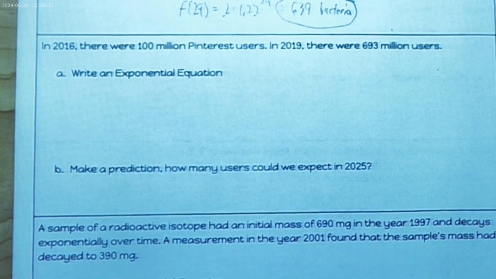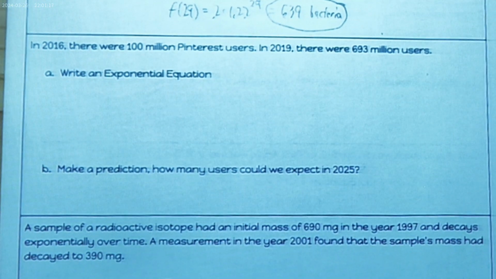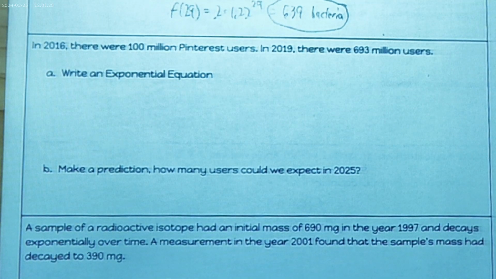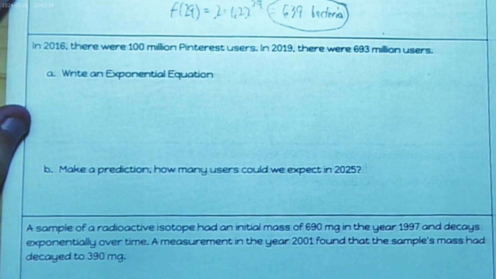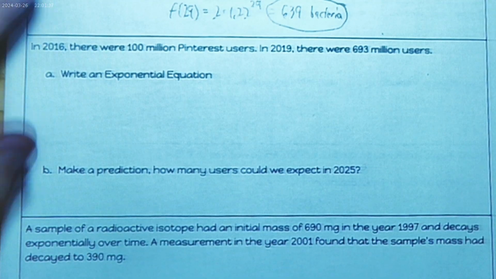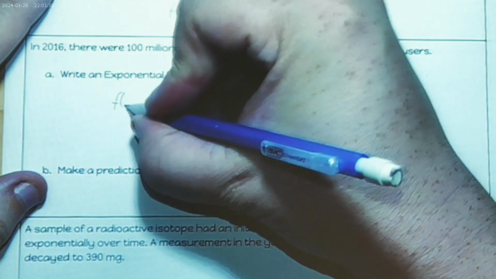So next one, trying to get this centered again. In 2016, there were 100 million Pinterest users. In 2019, there were 693 million users. Write the exponential equation. So just like with the last question, we want to establish what time zero is. What is our initial value? And if our initial value is going to be 100 million, which it is,